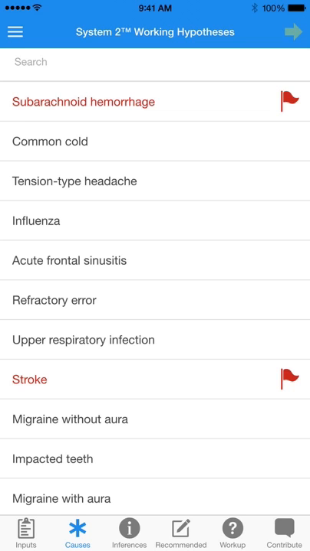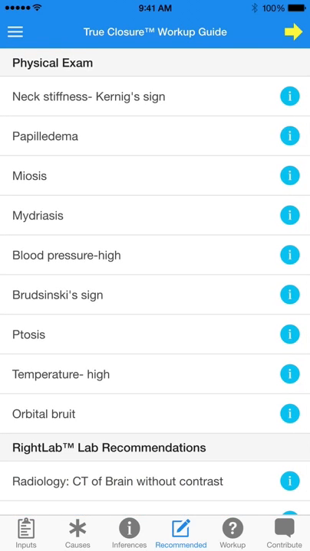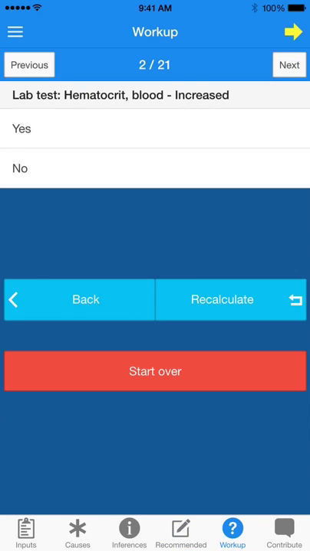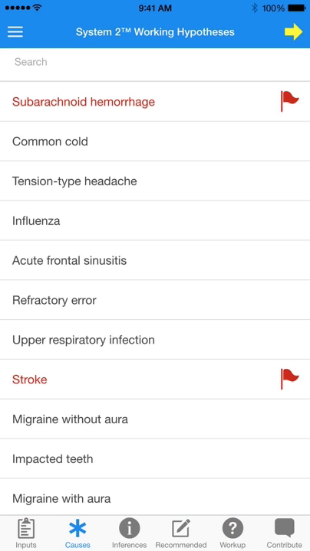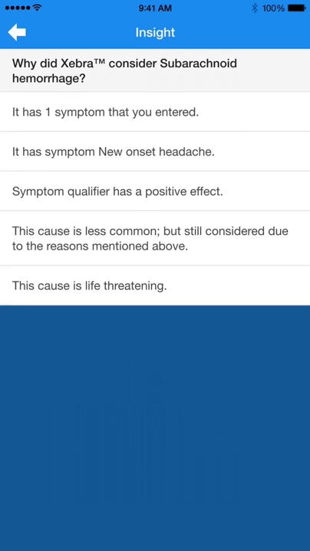So, and then click on it again to ask certain workup. It will give certain workup recommendations. Click on that. You could answer any of these and then recalculate. Let's go back to causes here. Click on the causes and click on insight. It will give you exactly why that particular cause is considered for this particular symptom or a symptom